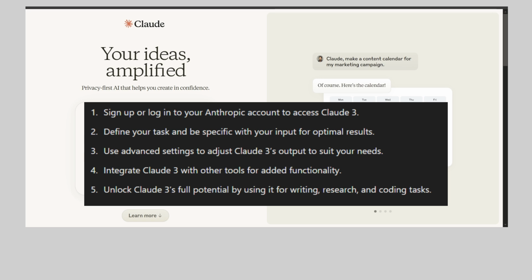With Claude 3, you can generate complex content like essays, reports, and even creative pieces with minimal input. For research, you can request Claude 3 to find and summarize multiple sources, giving you in-depth insights into any topic. Whether you're working on a personal project or need professional-level assistance, Claude 3 can speed up your work and provide accurate results. By following these steps, you'll be able to use Claude 3 effectively and unlock its full potential for